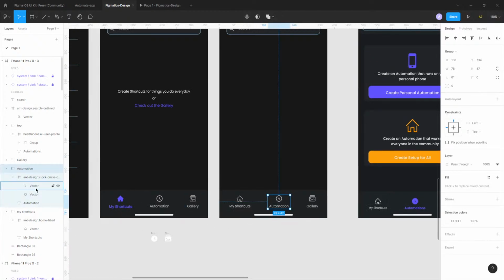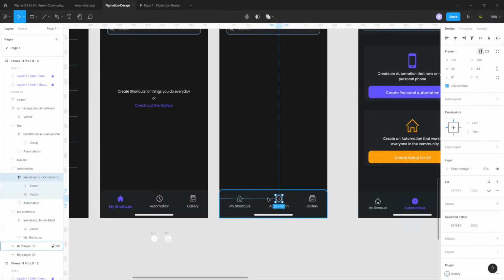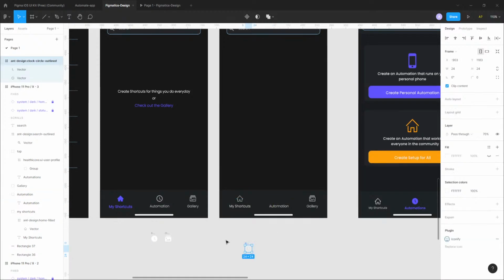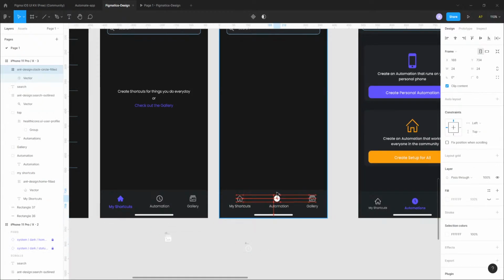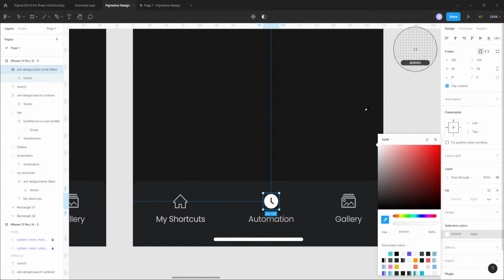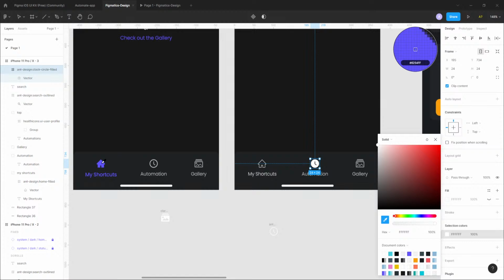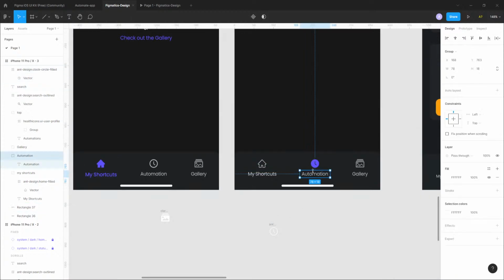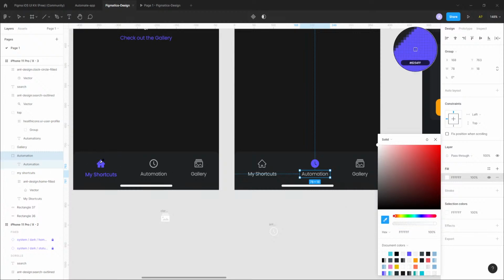Now I want automations to be highlighted. So what I'll do is I'll change the icon. I imported a filled clock earlier. I'll just put it here. Use your arrow keys to align things. It's easier that way. See, I got 3 lines aligned. Now the color should be blue. As we put earlier, we'll just go to the shortcut screen, press I and take the same color. Automation, we want the same color. Again, I or the dropper tool. Now